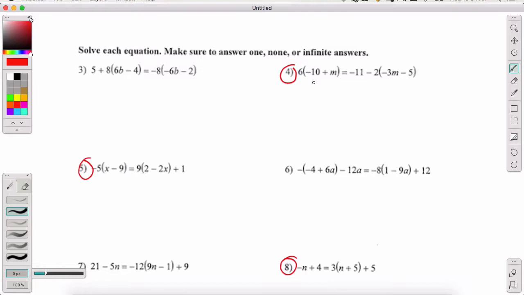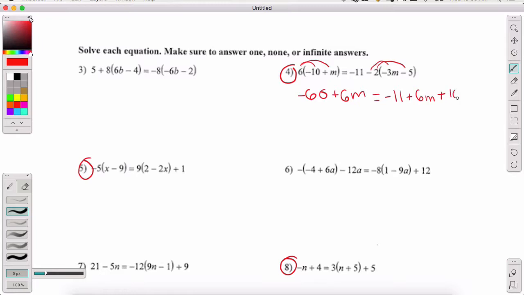So we got 6 times negative 10 plus m equals negative 11 minus 2 times negative 3m minus 5. All right, we can't do anything in the parentheses, so we're going to distribute our 6 over, and then I'm going to hop over here to the negative 2, and I'm also going to distribute that. Just get all that out of the way. So 6 times negative 10 is a negative 60, and then I have a plus 6m equals negative 11. A negative times a negative times a negative is a positive, so I get plus 6m